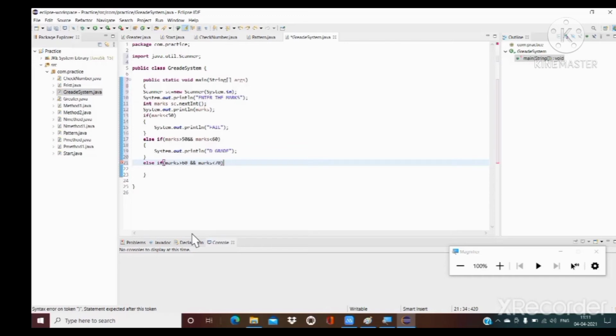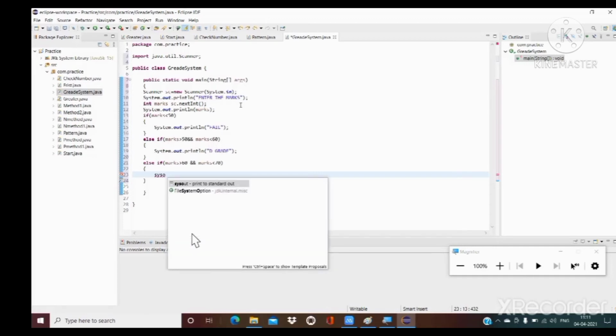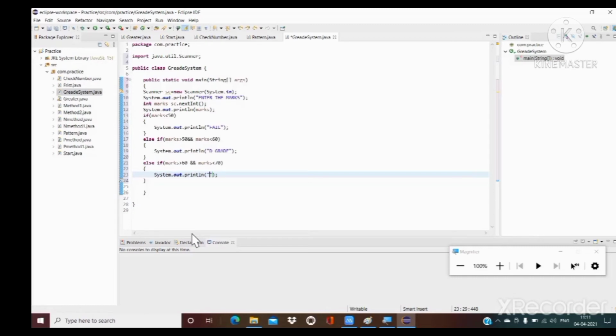Here we are printing a message like C grade, System.out.println C grade.